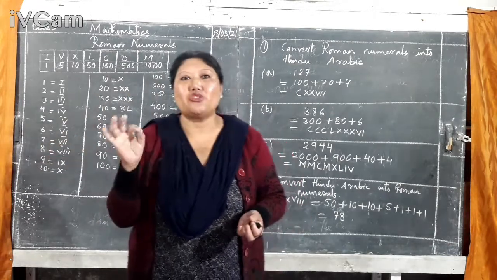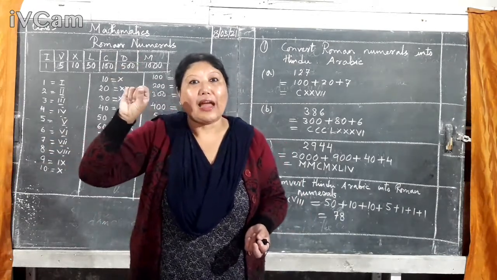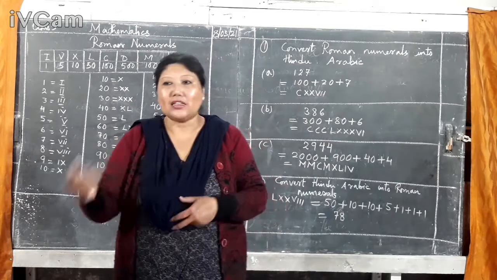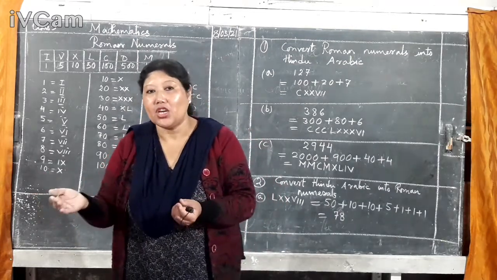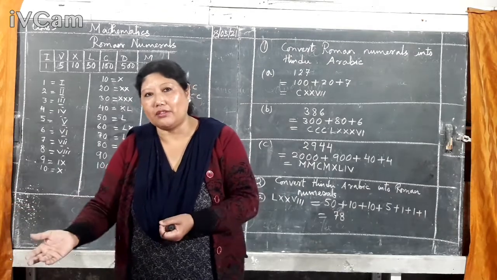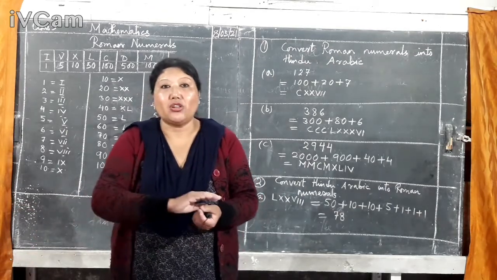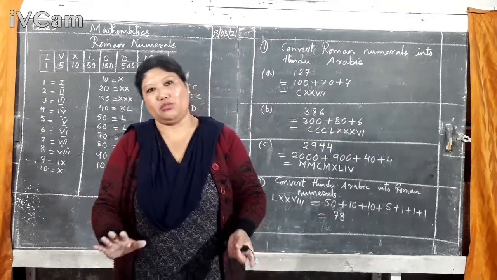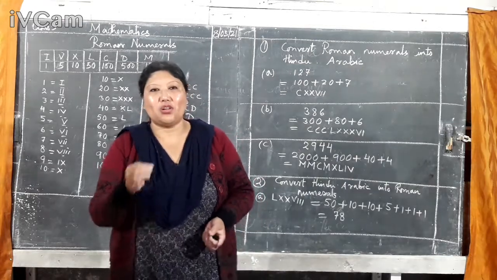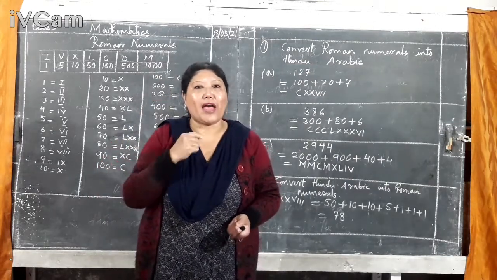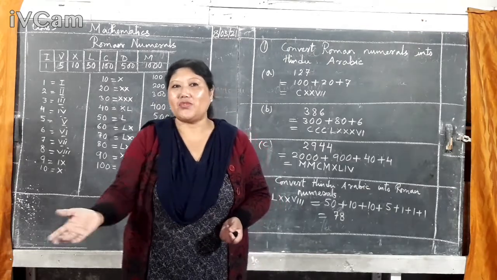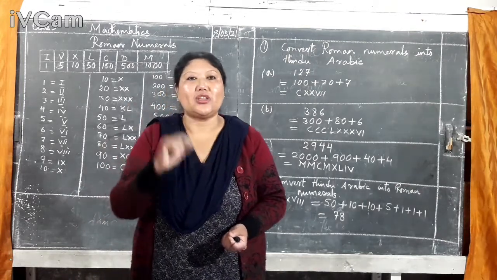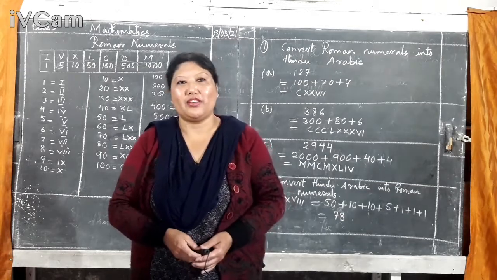So please do that, and whatever homework is checked by me, it is already checked. Please at home use a pencil to tick it. That means I have checked it already. You also won't have a problem afterwards, whenever there is an exam or test and you want to see what you have done. Homework, classwork, anything, if you want to see it, then you are sure that I have checked it already. No, you don't have to worry. Okay, so tick it with pencil also if I have checked it already, because in the mobile it will be deleted after some time. So you start ticking in your own mathematics copy. Okay, thank you.